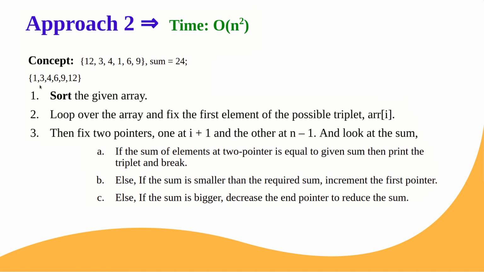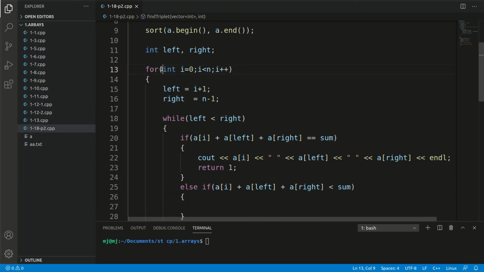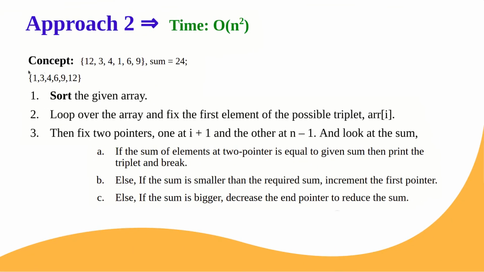But we have taken 3 and we have fixed 1 already. The outer loop, this loop, is fixing one element at a time. So in the first case, 1 is fixed. So only this value can be changed to the next in order to increase the sum. So we'll take 4, we'll take 6, we'll take 9. Until and unless left is less than r, we will keep incrementing any of the 2 pointers.